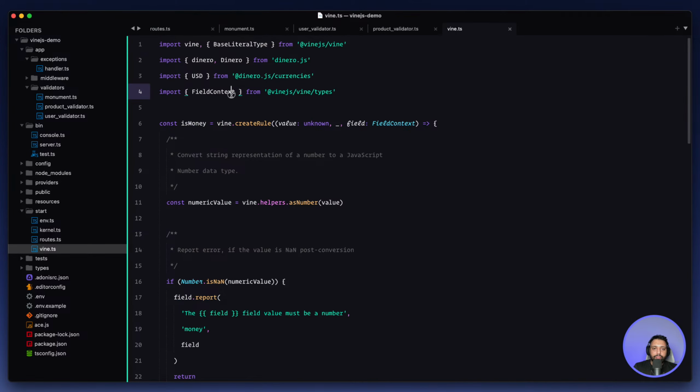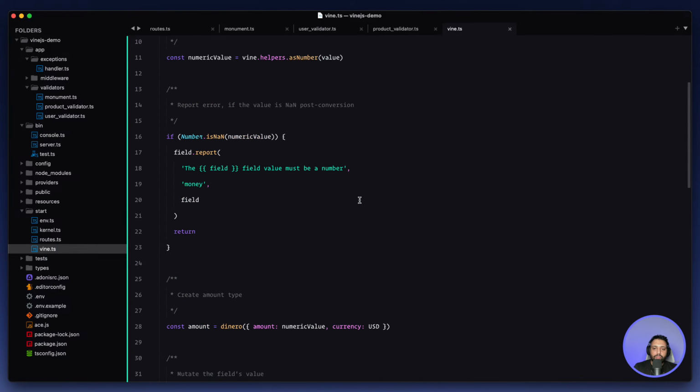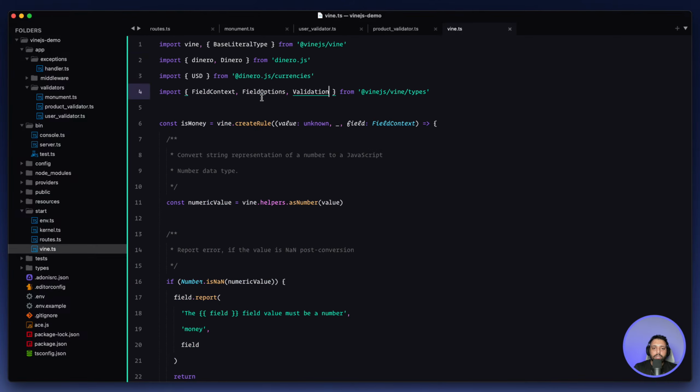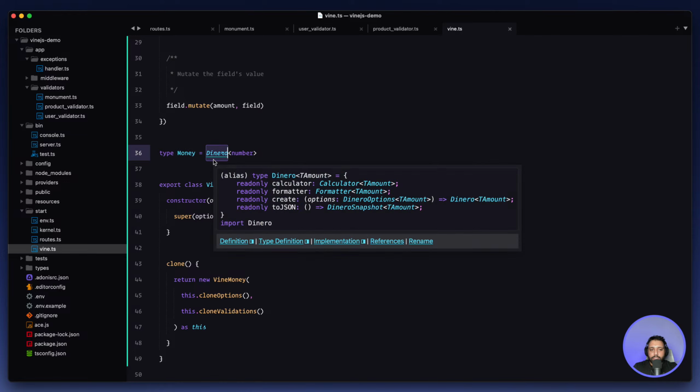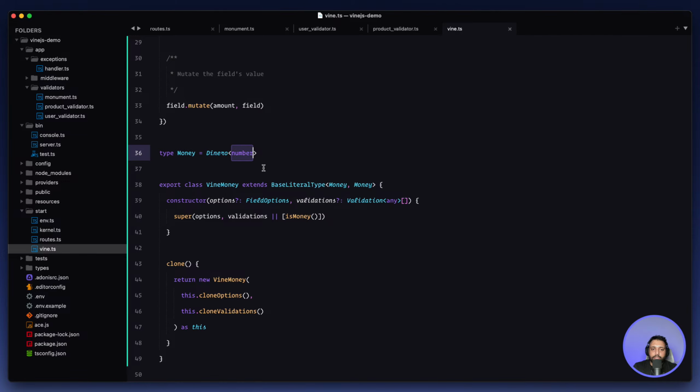We need field options as well and this validation type as well. All right, we are all good. So here we are defining what the output of this schema type will look like. In the case of vine.string, the output is a string. In the case of vine.number, the output is a number. In our Vine money schema type, the output will be this Dinero type, and the actual value is going